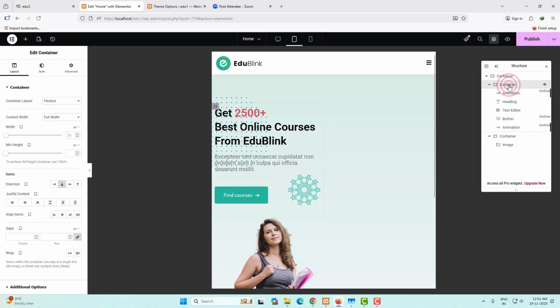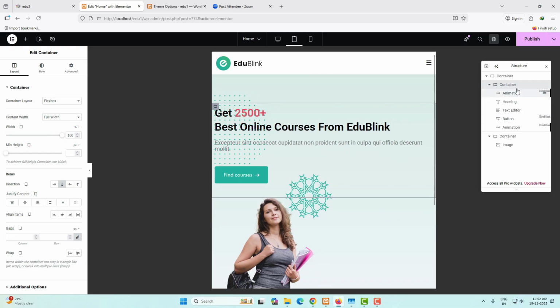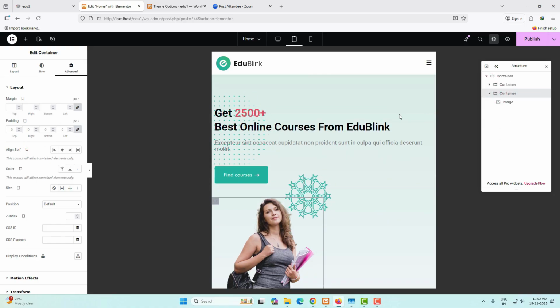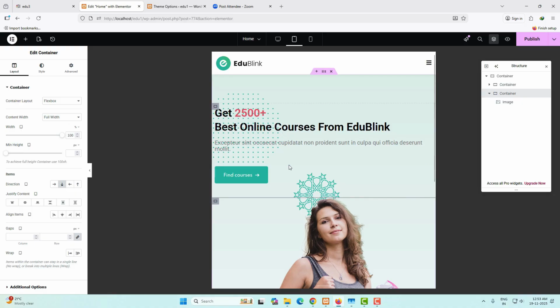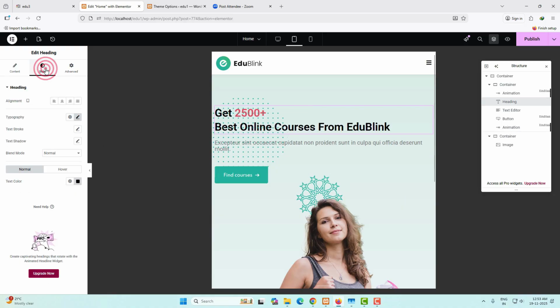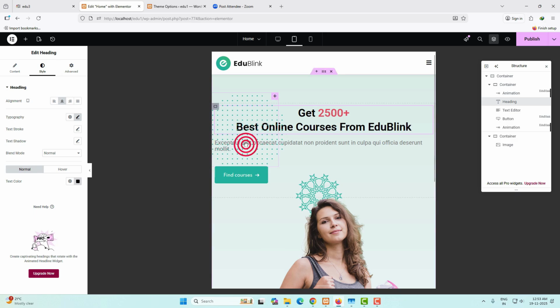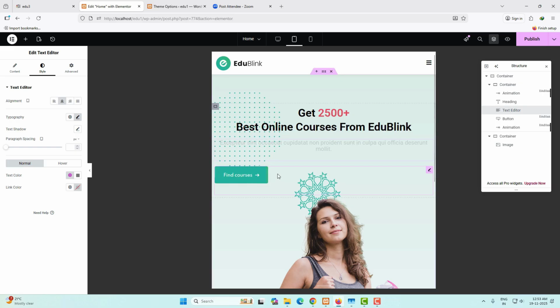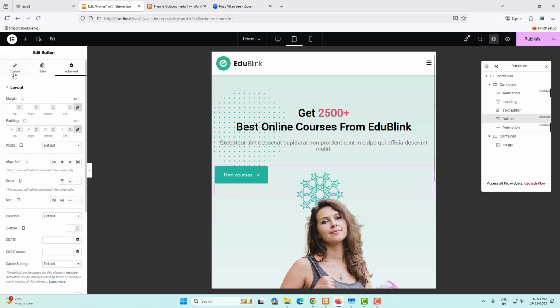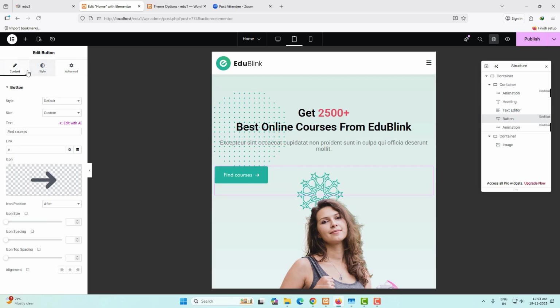Next I have to select this container, and here I have to make it %, and let's make it 100. Similarly for this container also, come back to the layout, width, make it percentage and 100%. After that, here I have to change the orientation, make it center aligned. Similarly for this one also, I have to make it center aligned. For the button also, come back to the content, and here the alignment, make it center aligned,